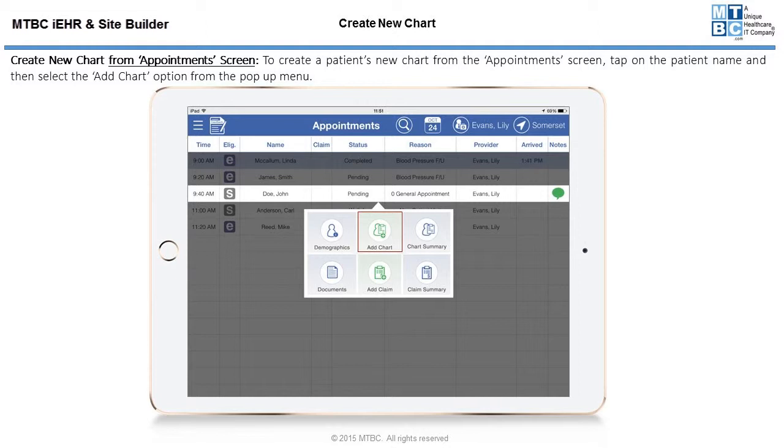Now, once done viewing the chart summary, he can just go back to the main screen, and as I've told you, he has 2 different options in order to create a new chart. He can either do that by using the add chart option available, or by tapping the plus button that will be available on the top right corner of the screen once he taps the chart summary. We're just going to show you that as well